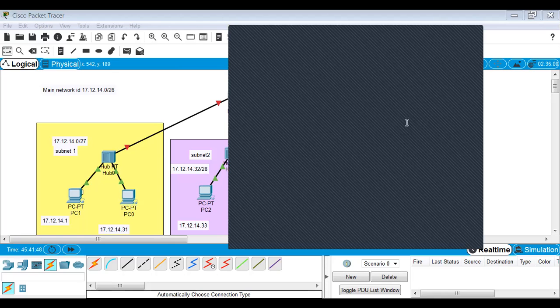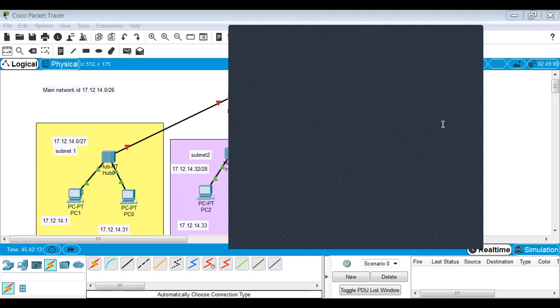So when you click here, now this becomes a class A subnet mask, but this is a subnet. So we have to give it 27 bits. So up till here it becomes 24. So another 3 bits you have to set as 1.